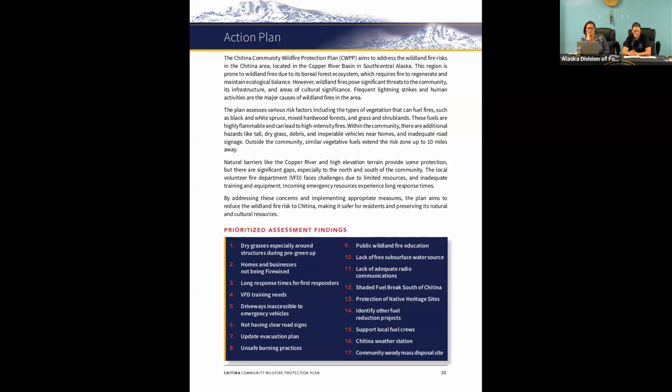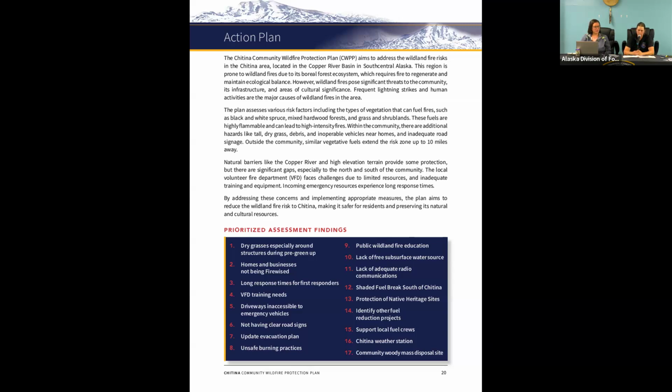I would put in a little disclaimer though, that it's hard to prioritize 17 different things. Really, any entity or any resources that are available to accomplish any of these things will have a positive effect in the community. I am going to go ahead and read what these findings are.